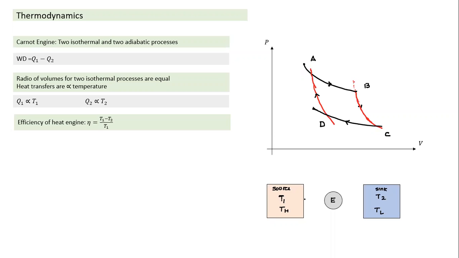So essentially what the engine does is, when it interacts with the source, it draws heat Q1. I can draw how the heat flows into the gas here, and then heat Q2 flows into the sink. This shows how the heat flow takes place from the source to the medium of the heat engine, and then from the medium of the heat engine to the sink, wasted. The difference of the two goes out in the form of work done, which is equal to Q1 minus Q2. This is how I can represent a Carnot engine.